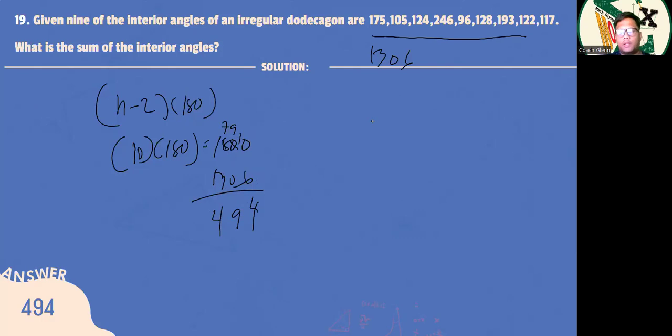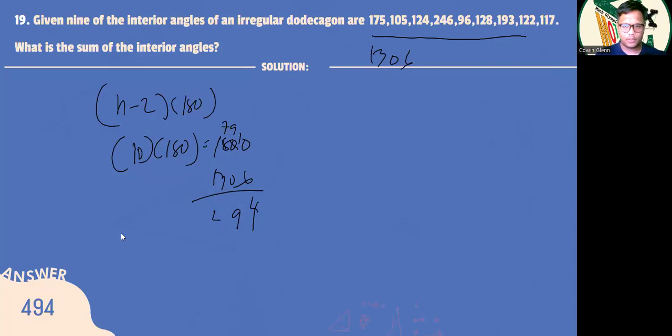Can you go back to the last slide with the solution? After number 19. Okay, any questions for number 19? I made a mistake. I was thinking that a dodecagon has 10 sides, but a dodecagon has 12 sides. Dodecagon is 12 sides, not 10. I was thinking of decagon when I was solving it. Okay, any other questions?